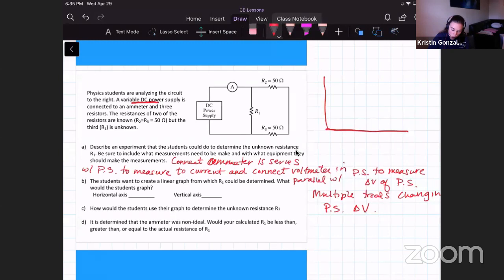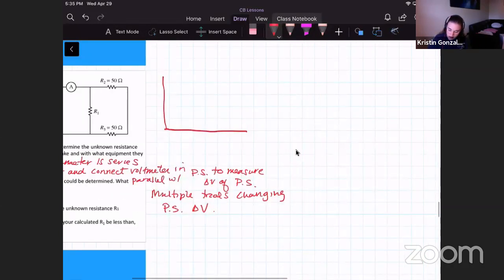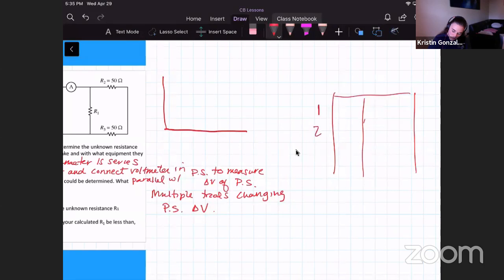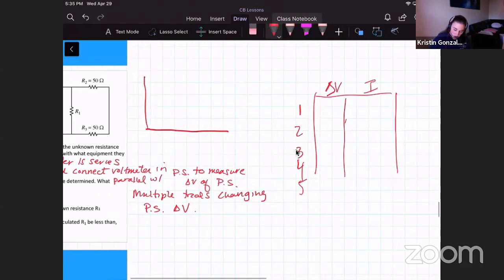So what would you want to put on your horizontal axis, and what would you want to put on your vertical axis? Well, if I know the potential difference, right? So if we make a little data table here, and I know what the, let's just say setting 1, 2, 3, 4, 5, and I know what the potential difference is across that power supply, and I know what the total current is through my circuit. Well, if I know V and I, what can I find? I can find that R. So if we use Ohm's law,